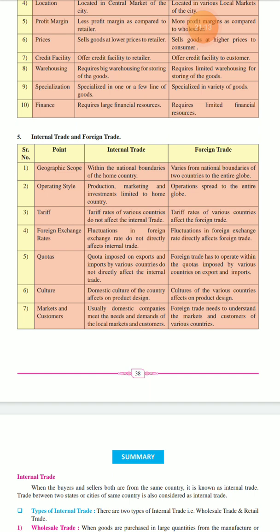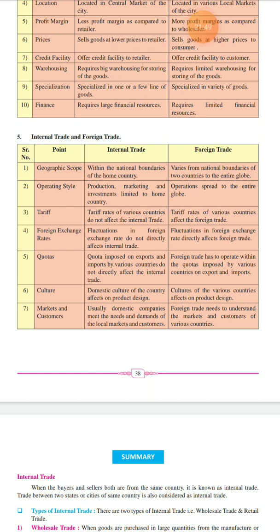Then foreign exchange rate. Fluctuations in the foreign exchange rate do not directly affect internal trade, whereas fluctuations in the foreign exchange rate directly affect foreign trade. If there is any change in the foreign exchange rate, it will affect foreign trade. Quotas: quotas imposed on exports and imports by various countries do not directly affect internal trade, whereas foreign trade has to operate within the quotas imposed by various countries on import and export, so it will